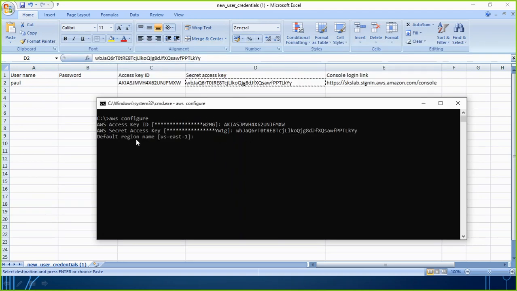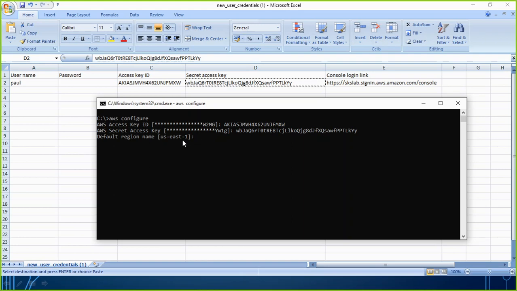Now it is asking which region's services you want to access. By default it is going with us-east-1, which, if you remember, is North Virginia. If your region is something different, maybe you are accessing in Mumbai, or in Ohio, then your region name will change and you have to type it manually. How can you get to know the region name?